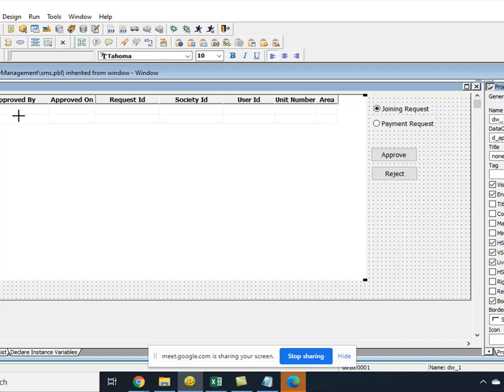Click event returns me the row number and the DWO, the data window object. The data window object has one property called name. So dwo.name will return the column name or the header name.